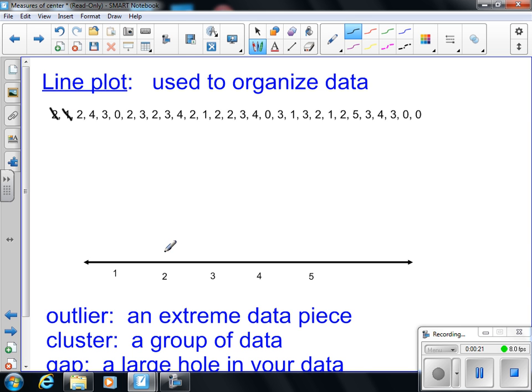I have a 2 and a 1. Oh, I think I need to add a 0 in here as well, don't I? Let's put a 0 here. 2, 4, 3. A 0, 2, 3, a 2, 3, 4. And there's only one kind of drawback with this, so you want to make sure that you get your X's the same size. 2, 1, 2,